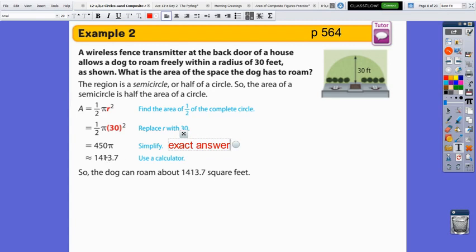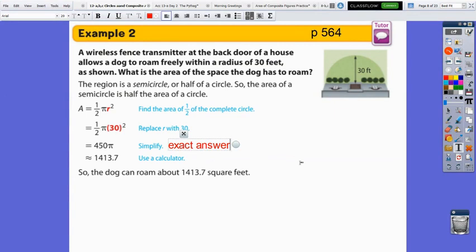And if you use the calculator here, you get 1413.7. I think that the book here, since it's not saying to use 3.14 for pi, is using the pi button. Let's test that out here. So if we do 450 times 3.14, that answer is 1413 exactly. So these problems, since they don't tell you to use 3.14 for pi, they're assuming the pi button, and that's going to give you an answer of